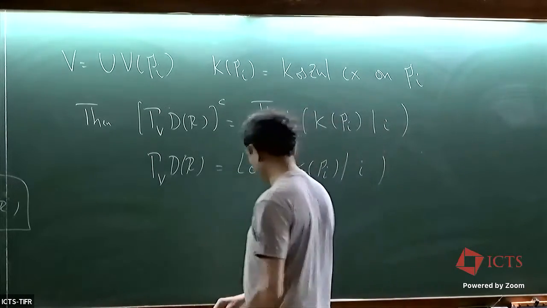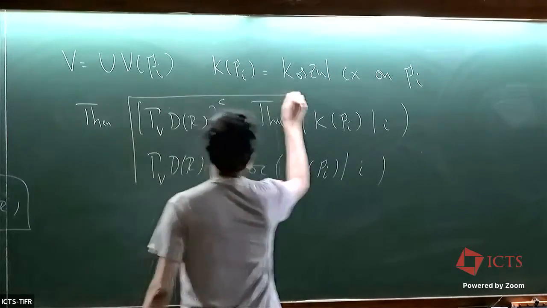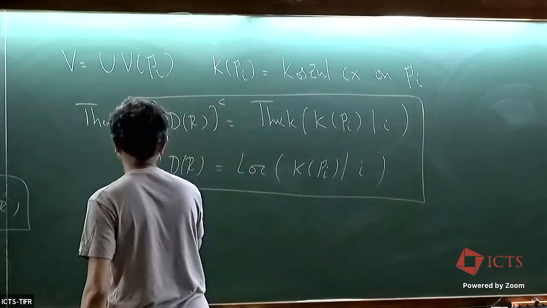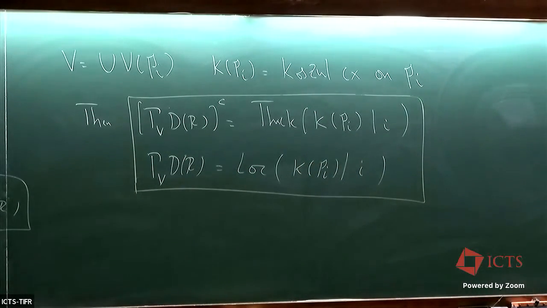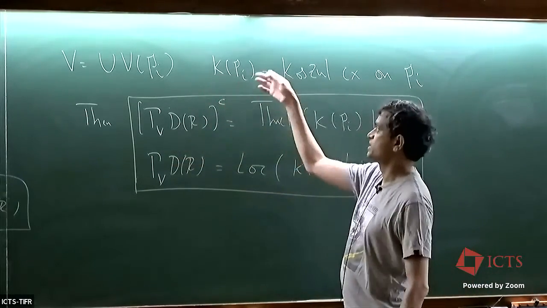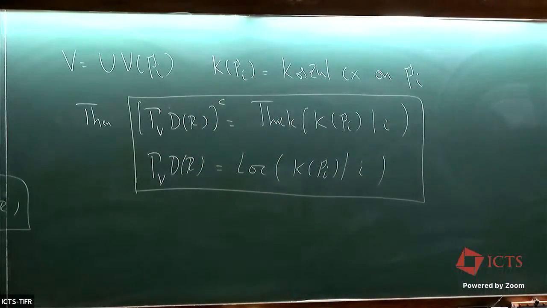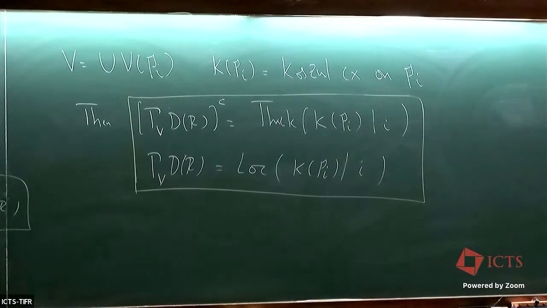So maybe I should start marking. This requires a proof, of course, but let me leave it at that for the moment. It's easy to see that these things are supported on V because I've just taken causal complexes on this. But it requires a little bit of proof to show that these actually compactly generate the V torsion subcategory. So this fact has a lot of consequences, and I want to record some of them.